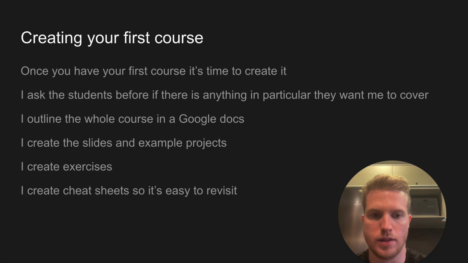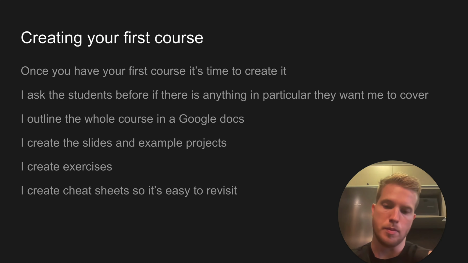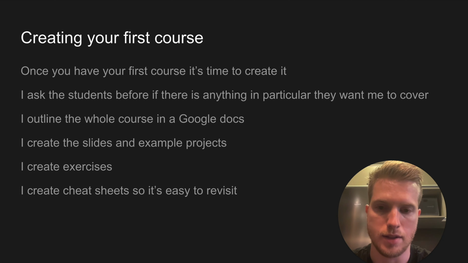And after that is done, I would fill out some details, and then I would create the slides and example projects that I would use for the workshop. And then I would create some exercises so they can get some hands-on experience with it. It could be something like implementing the example project, and then you have maybe a branch for each step, so they can check out that branch and do the exercise. I used to do this with a GitHub repository, where you can create wikis on GitHub where you can make the exercises.